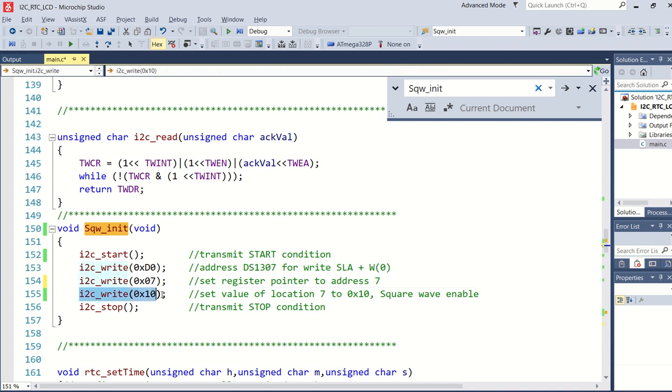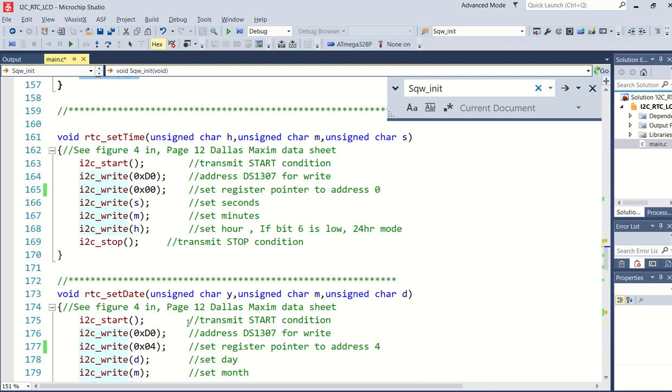Then I write 10 into that address, and as we've seen, the square wave bit is activated, and because RS1 and RS0 are 00, it's going to enable a square wave of 1 Hertz. And then there's a stop condition. So this is how I've done the square wave initialization.